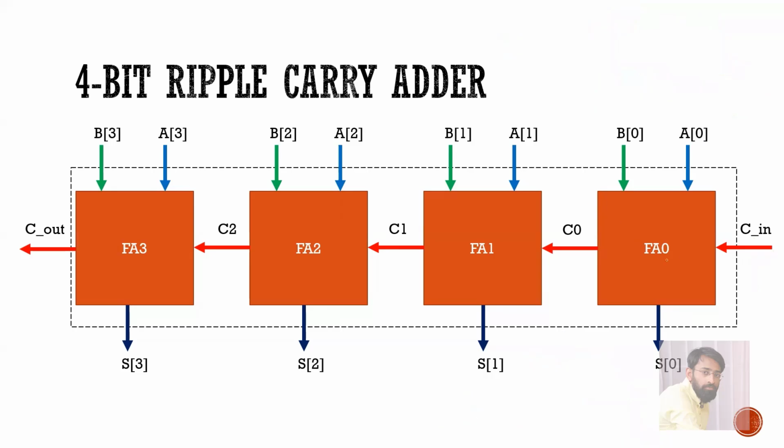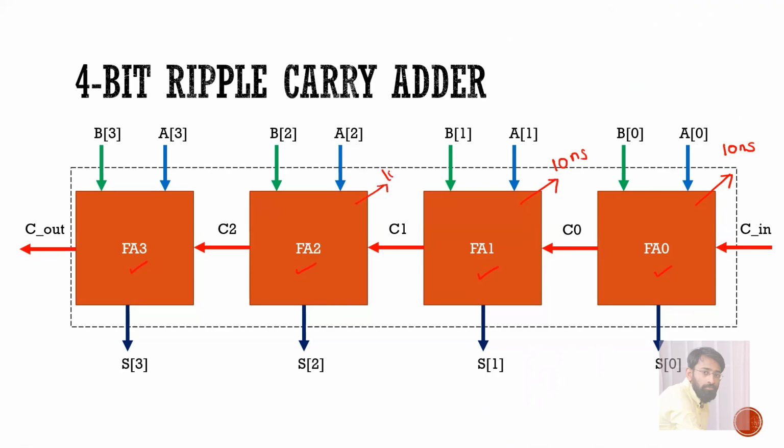Now in order to do that, I have taken 4 full adders, which are FA0, FA1, FA2 and FA3. The same thing which I have taken for the example, I have represented in the form of block diagram. Now suppose, for example, in order to compute the LSB answer, which is nothing but sum 0 and C0, suppose it is taking 10 nanoseconds of time, and the same story for this block also, it is also taking 10 nanoseconds of time.